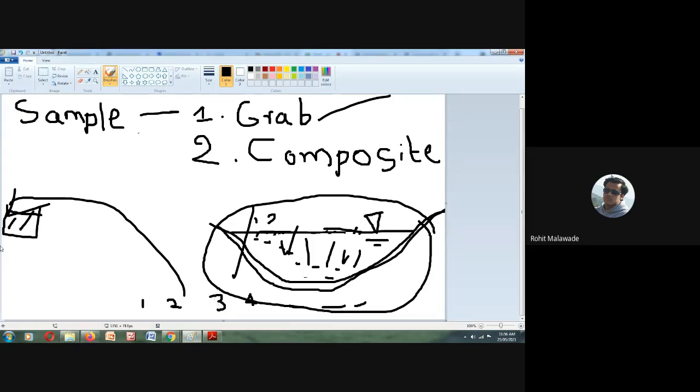You bring and mix it, and you can conclude and give the overall picture of that particular water body.